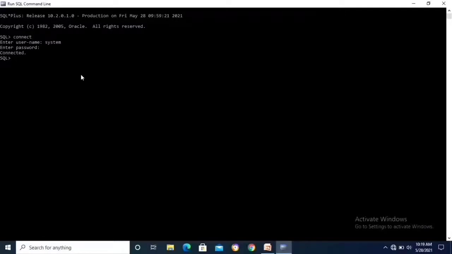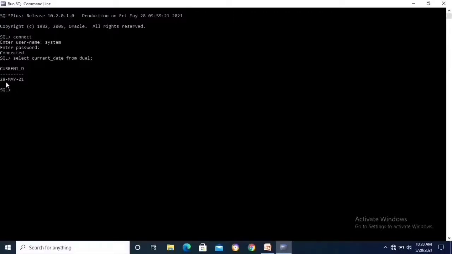First command is select current_date. Current means present. Underscore date. Present date from table name is dual. Dual means dummy. Okay. Enter. So it displays the present date.